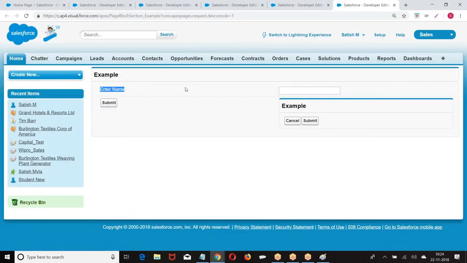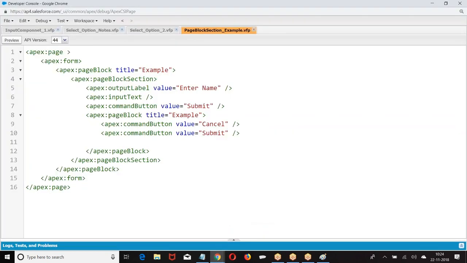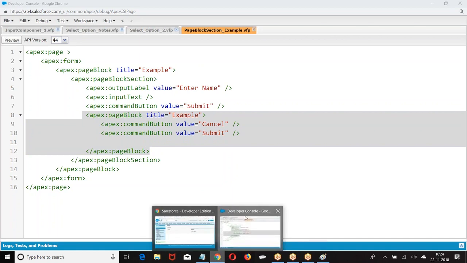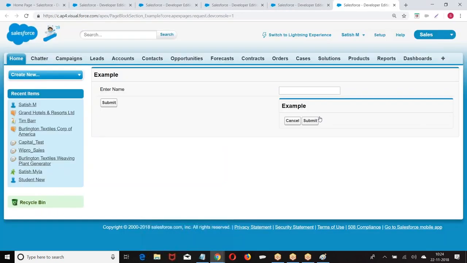One element in one column. One element in one column. One element in one column. What is this one element? I opened a page block, I closed a page block. What you write within this, I am not interested in. Once you open till you close, it's called one element. That's why this complete element was displayed in one column.